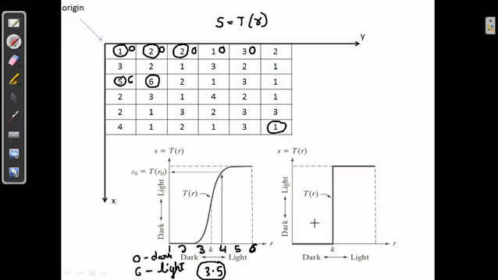Okay, so here what they are doing is they will be fixing k to some threshold. Whatever value is less than k is mapped to 0, whatever is greater than k is mapped to 1. So this is called a strict thresholding function. Whichever is less than k is mapped to 0, and whichever is greater than a particular k is mapped to 1, or the highest value. Okay, clear with this?